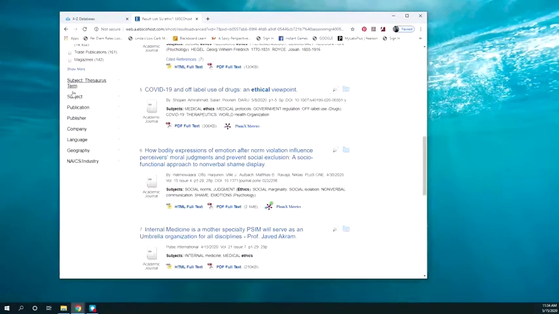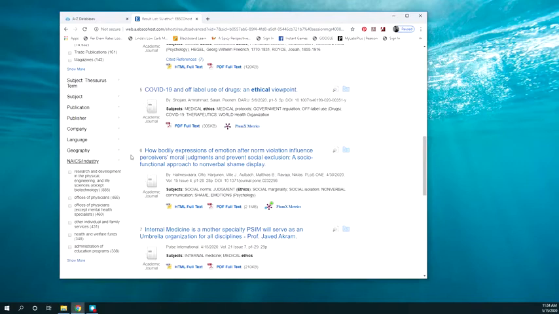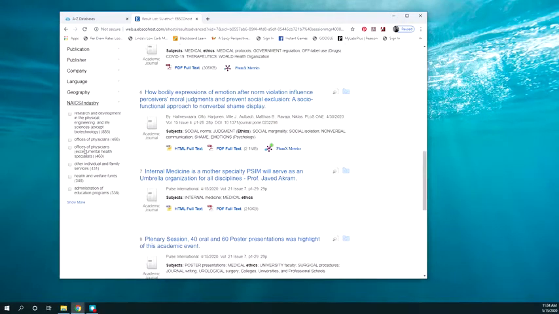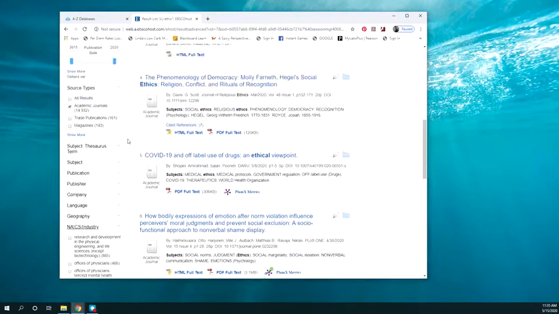And if we went down through these, what you're going to notice is that, let's take NAICS industry, it's got all kinds of stuff that's really not about business ethics. And that's what the course is about. And so while you could technically say that research and development in the physical, engineering and life sciences, except biotechnology, has got some business aspects to it, and that's the most common one in there, I think we're going to see that